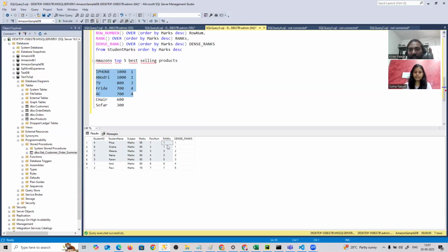Let's say in your class, if you want the top three students, even though they get a tie, they will be part of the top three students, right? Yes, so this is the real-time example of rank. This is how rank will work. And the dense rank is for when